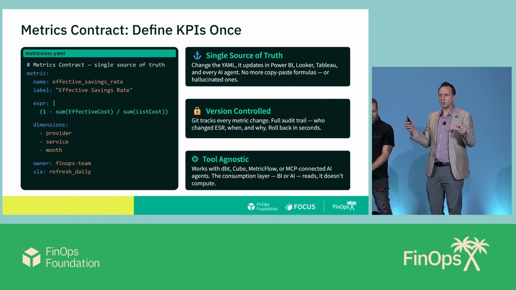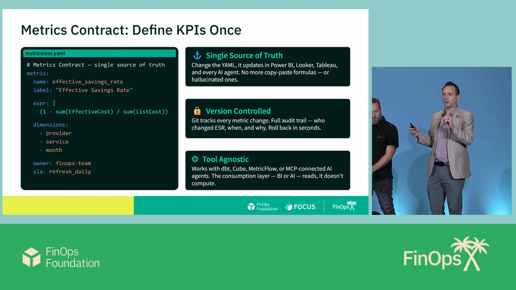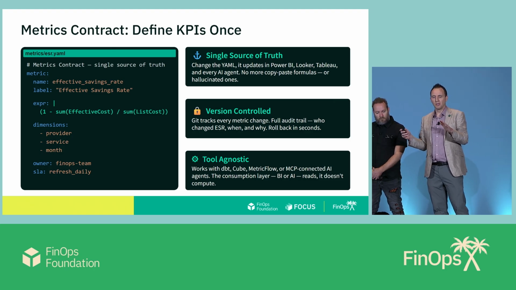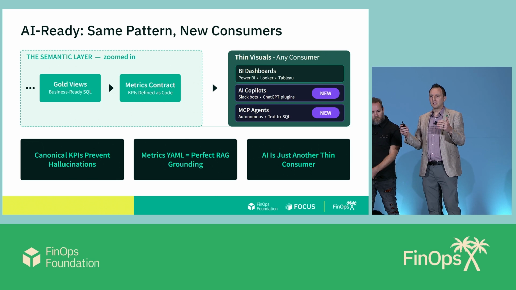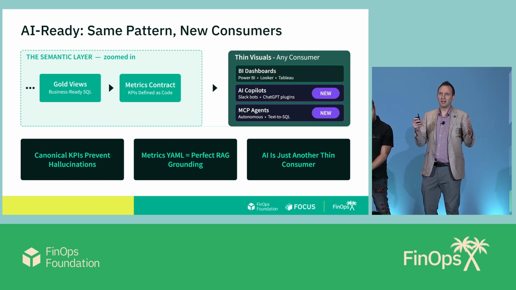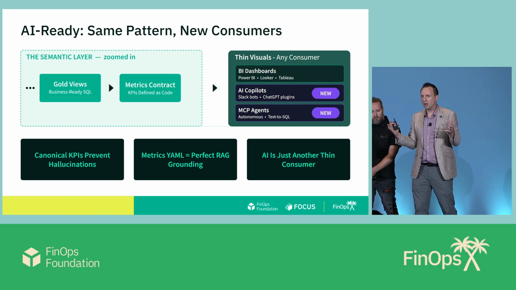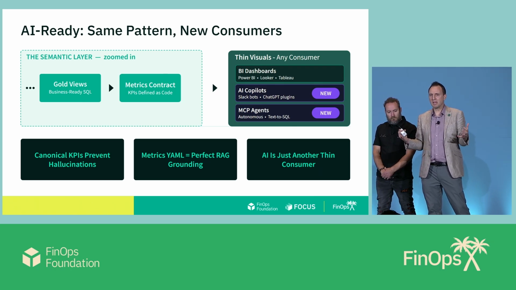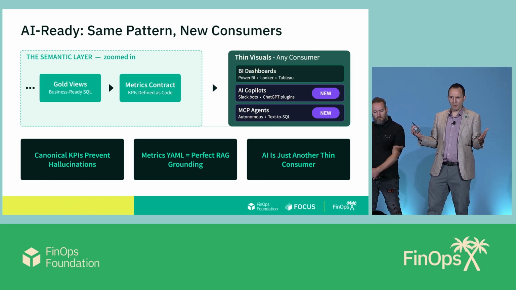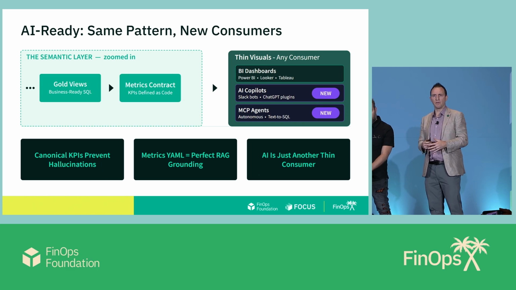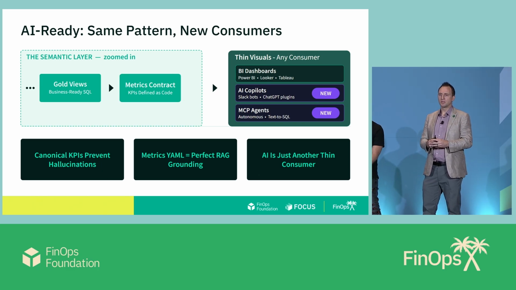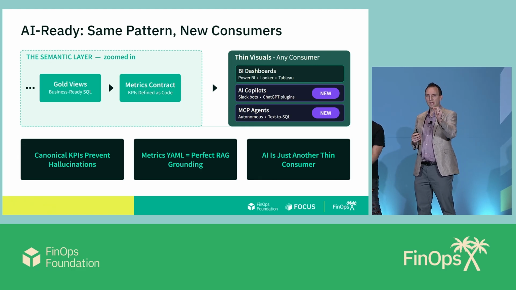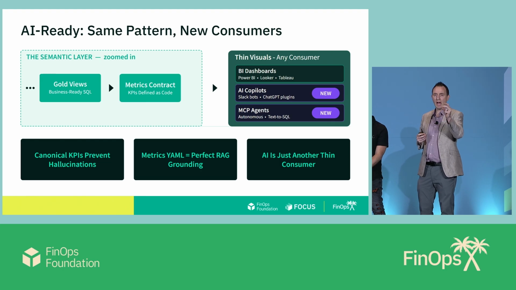AI made this absolutely essential because even within one AI tool, what are you going to get? You can get different patterns. AI is going to look at columns and squint at a column, guess, and make a sort of reasonable guess that's probably wrong, and it's not going to tell you about it. And it'll very confidently give you that number. So AI is making this essential to be able to find deterministically what is the KPI that you want to aggregate on, and how do you do it?